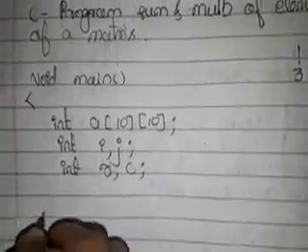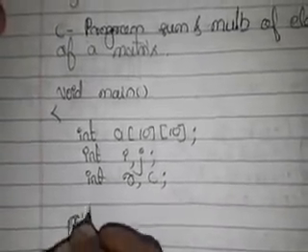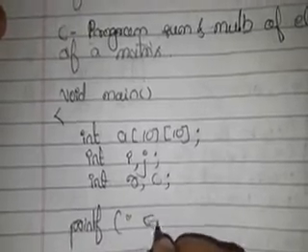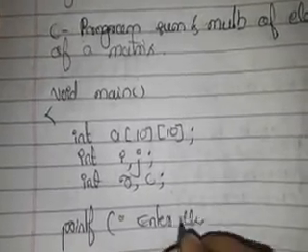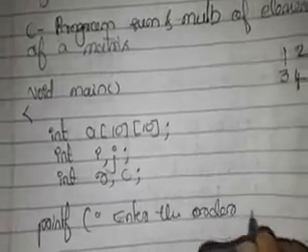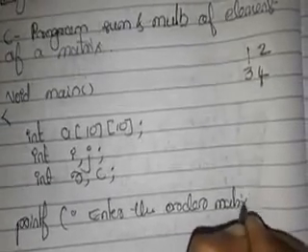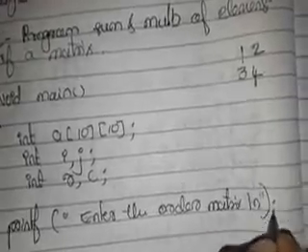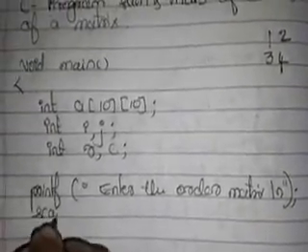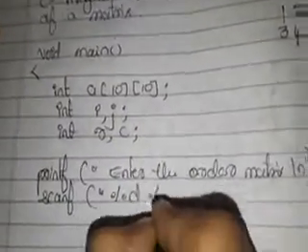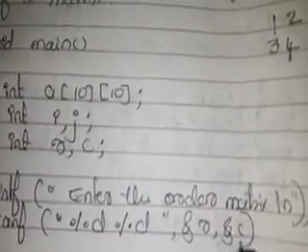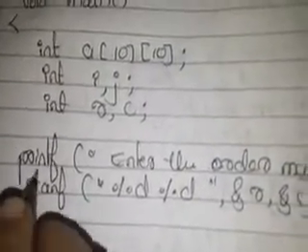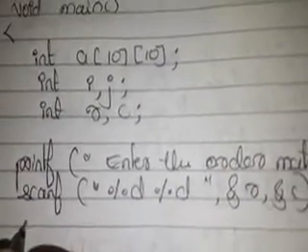So first, what should I ask the user? I will ask the user to enter the order of a matrix. What is the meaning of entering the order of the matrix? In the sense we should ask the user how many rows and columns they are willing to have. For that we know the standard input function is scanf. So I will take the scanf function and write the input statement. By this we get the order of the matrix, that is the number of rows and columns.